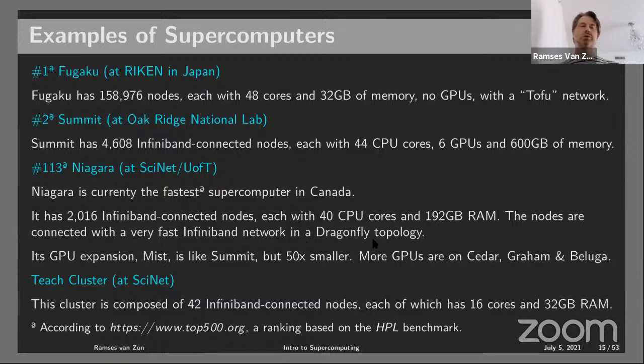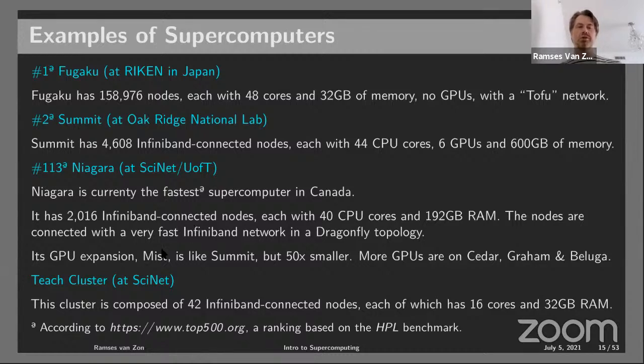So in this case, we have about 2,000 nodes. Each of them has 40 CPUs and almost 200 gigabytes of RAM. And they're again connected with a fast InfiniBand network. So the network is very important when you want to do these things at scale. Up to the 40 cores, it really doesn't matter what the network is, because you're not going off of your 40 cores in a node. But as soon as you need to scale out, a specialized network does become a bottleneck if you don't have one.